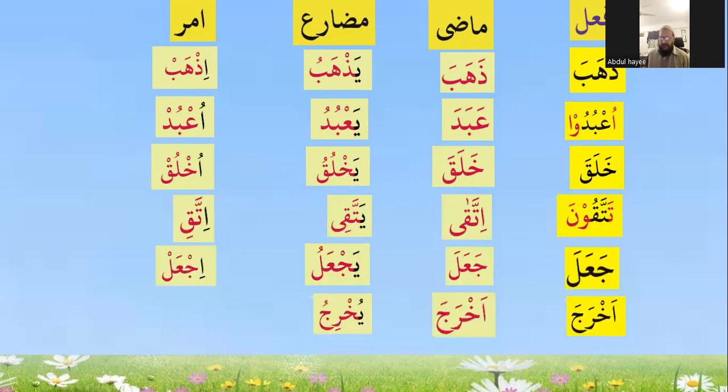Jala we have done. Akhraja, Yukhriju. Yes, consider that. Akhraja, four letter in the past. So mudari will take dhamma. But not on an kalma fatha because it's maruf, it's not majhul. If it was majhul, there must have been a fatha here on the an kalma. And when it was majhul with fatha, it must not have an amr. So the presence of amr and the presence of the kasra on the an kalma will confirm to us it is Akhraja, Yukhriju, a maruf from some